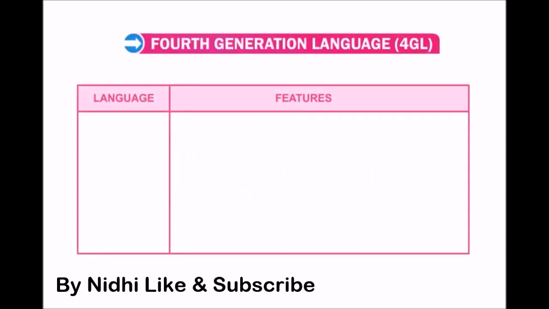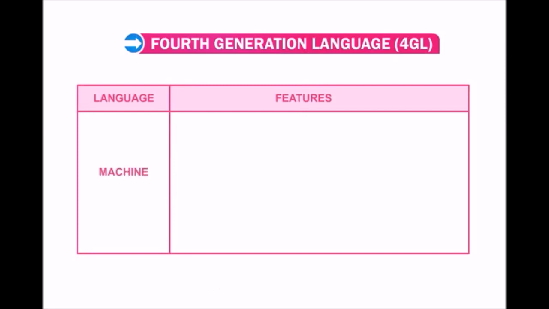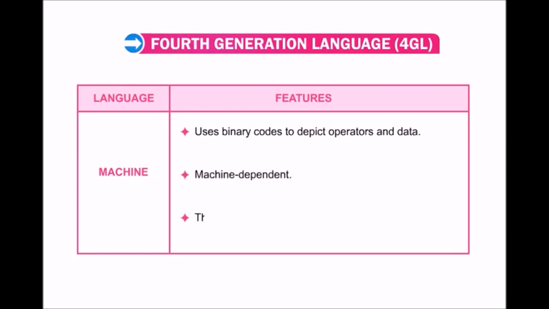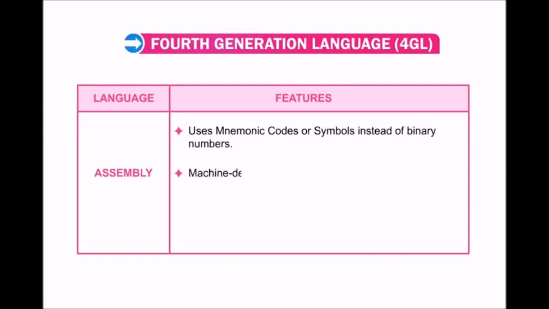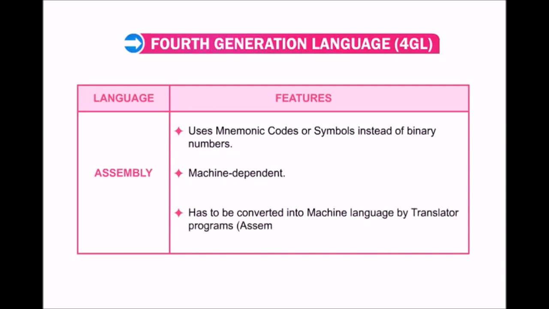Now, let us briefly sum up computer languages and their features. Machine uses binary codes to depict operators and data. Machine dependent, only language directly understood by a computer. Assembly uses mnemonic codes or symbols instead of binary numbers. Machine dependent, has to be converted into machine language by translator programs,